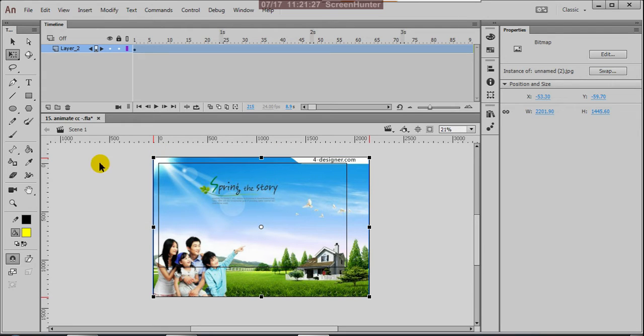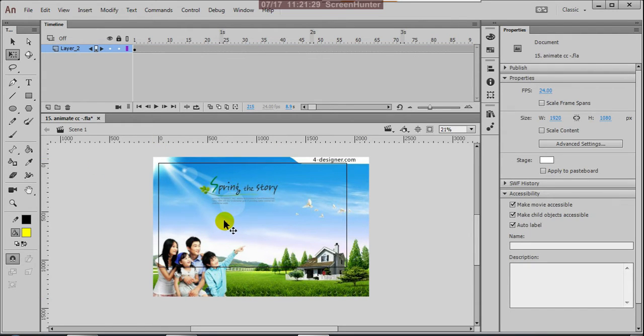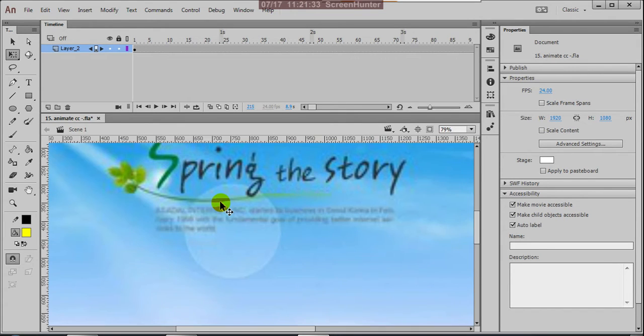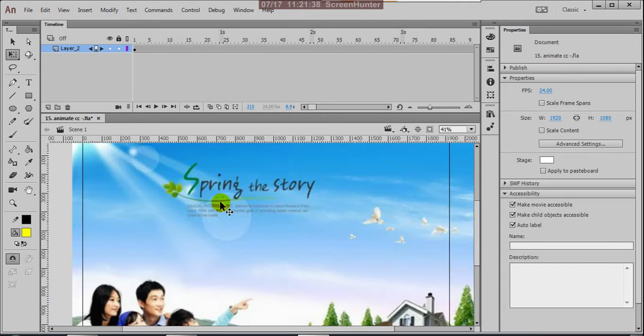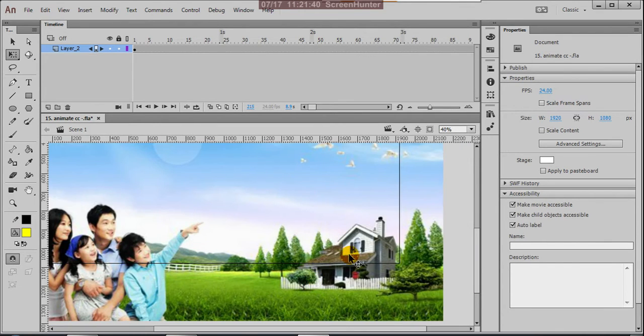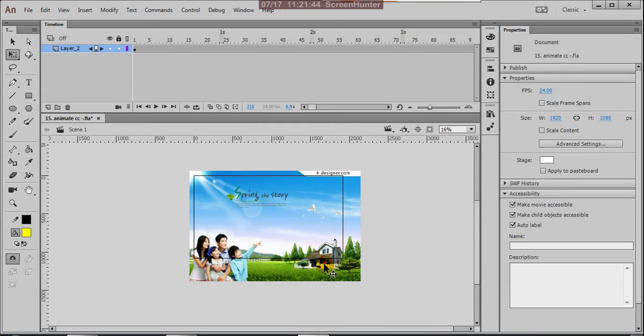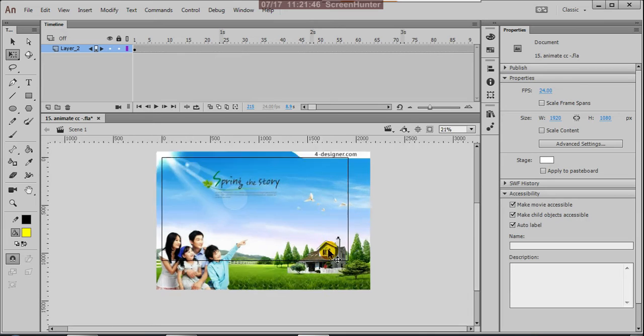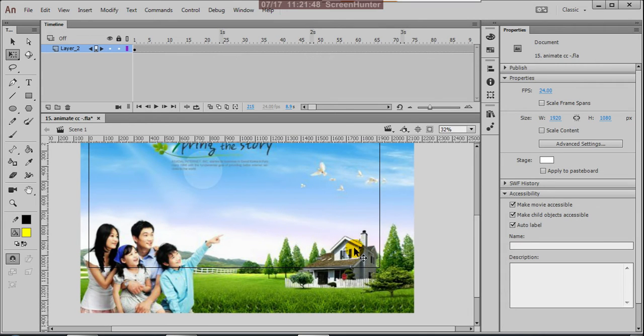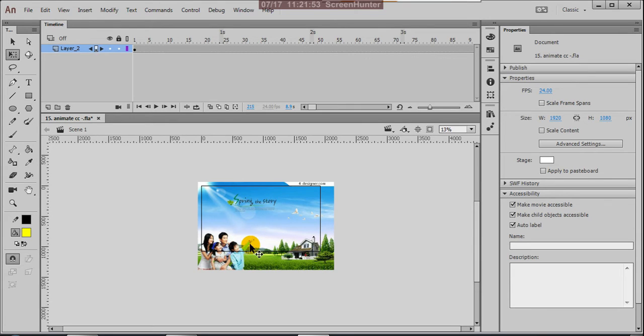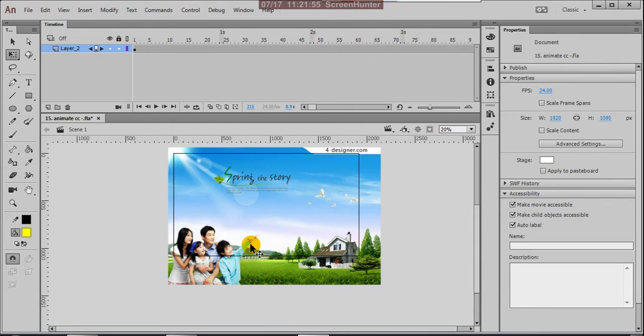Yes, suppose here my concept is, for explaining purposes, I'm using this picture, some ad. I think this is a real estate ad. So here my concept is I want to explain to the people about this house, and I'm trying to explain the story of the picture.